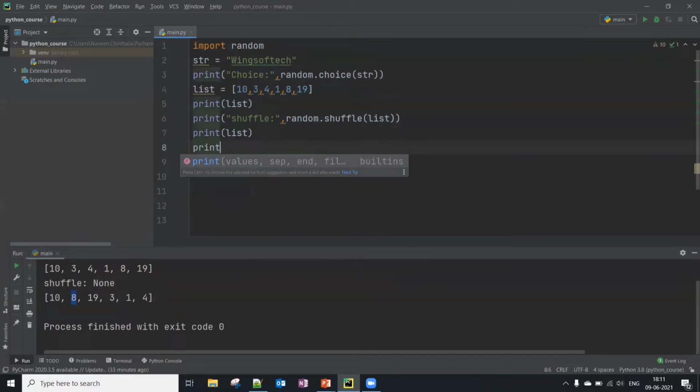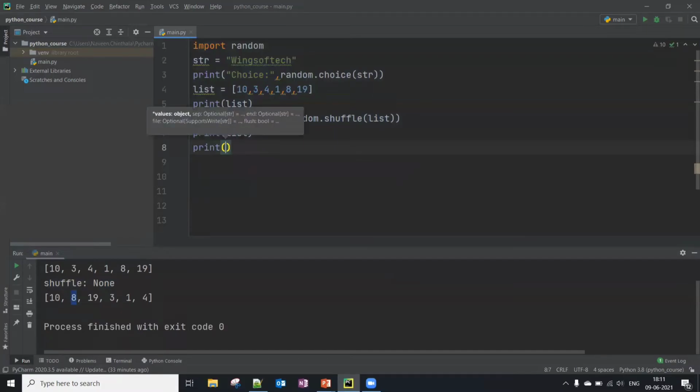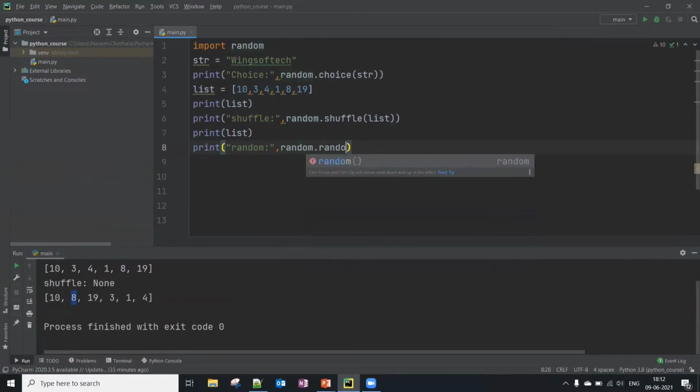Similarly, we have other functions. Let's say random. You can directly say random dot random.